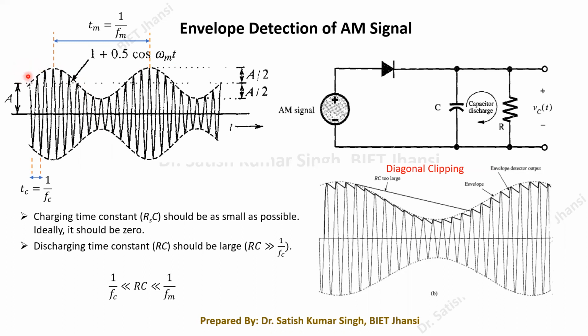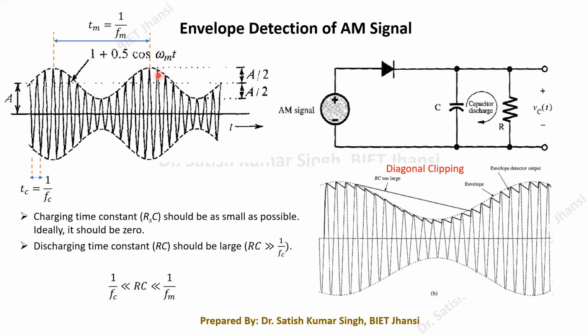So basically this message part we need to extract, this all tips. Remember that this dashed line is drawn just for the explanation; in the actual signal only the carrier signal will be available. This dotted line just joins all the tips, the maximum points, so that we can see that if we join them, it will look just like our message signal.